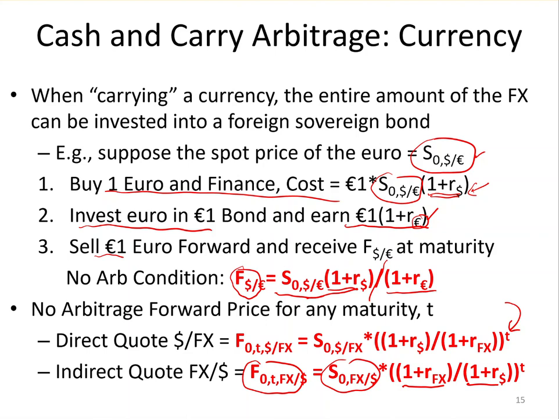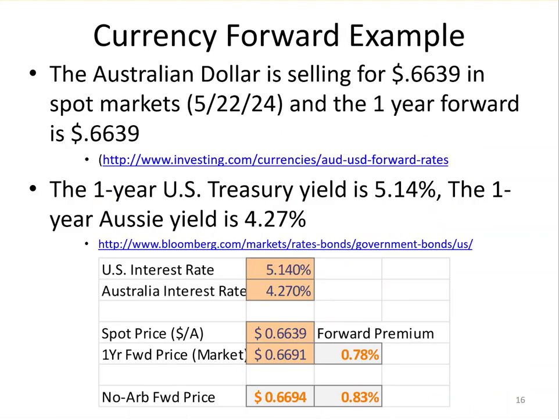If it's a dollar price quoting the foreign currency, like the dollar price of the euro, you multiply times 1 plus the dollar rate over 1 plus the foreign rate. If it's an FX price of $1, then it's 1 plus the foreign rate over 1 plus the US interest rate. And we'll just go ahead and take a look at this for the